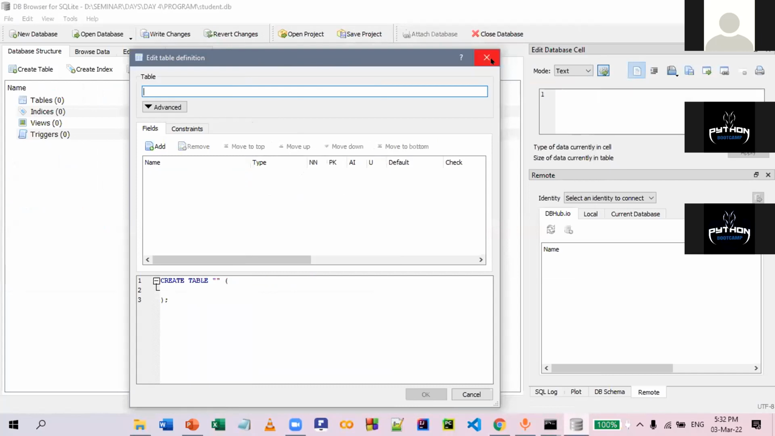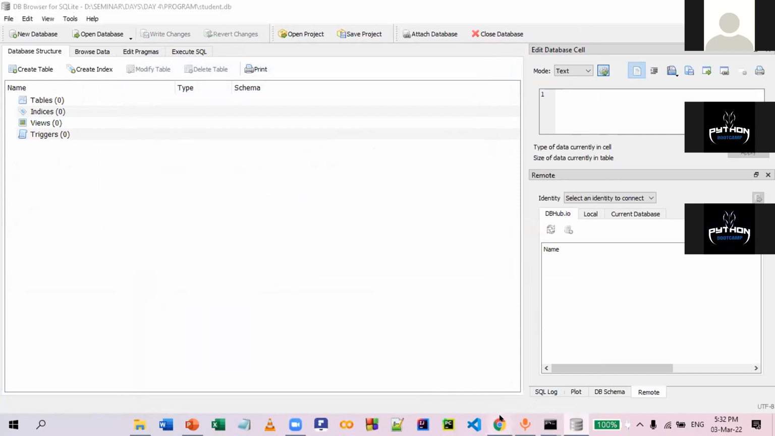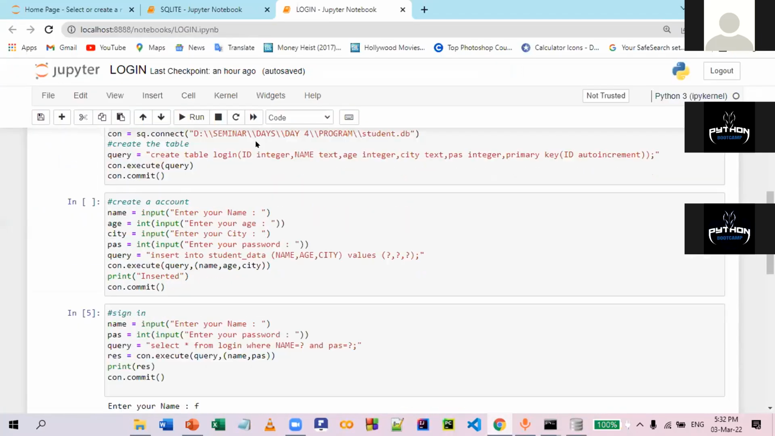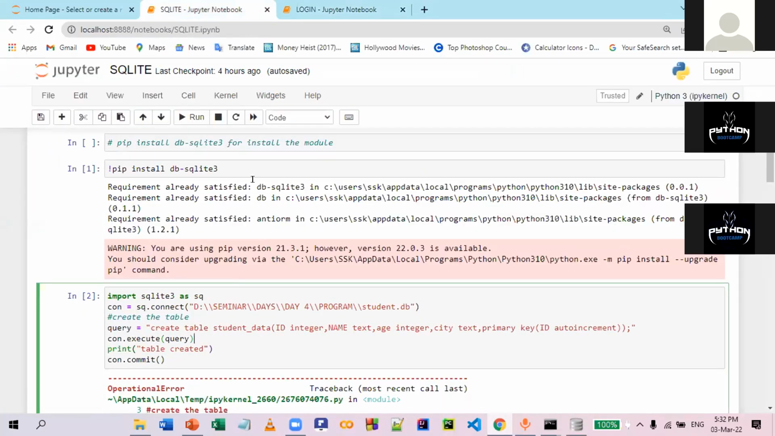I'm going to use a Python program to create a table. I will teach in the Jupyter notebook. In this Jupyter notebook, I will teach how to create a table and modify the table, and modify the data: update data, insert data, delete data. First,